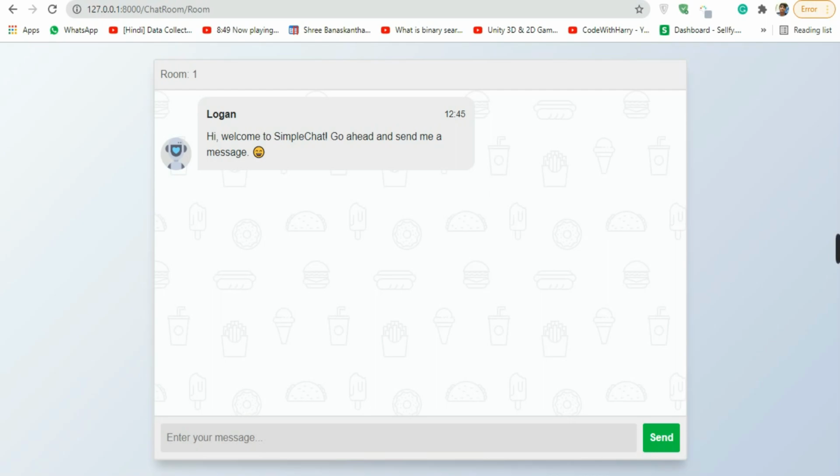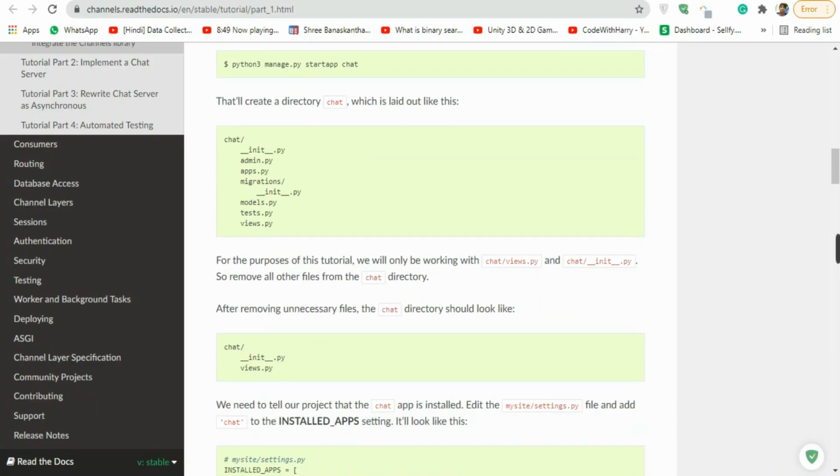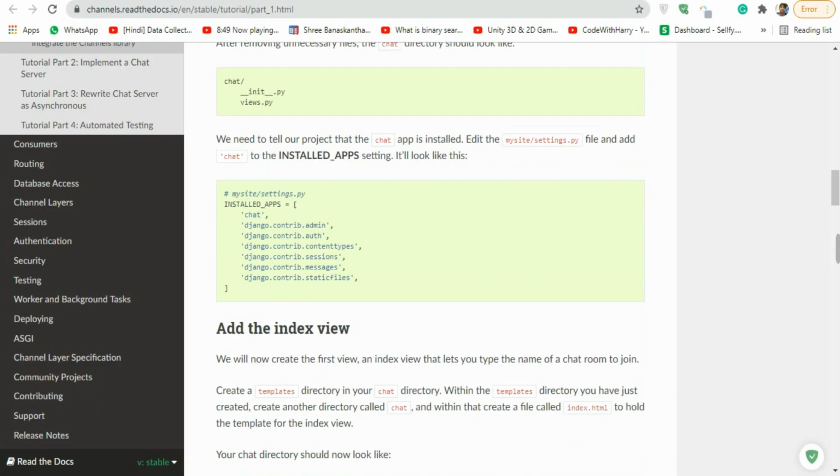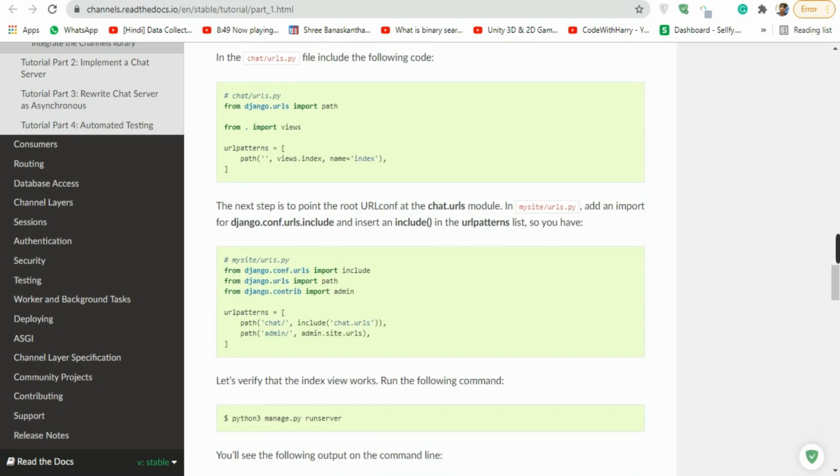Okay, so as you can see, now that we created this, we are in room 1. Again, whenever a user writes any message, first it will go in the channels, or you can say socket, and then it will be sent to all of the users which are logged into that particular room. Okay, so now that we have set up our project and created the front end part, the next thing we are gonna do is set up our WebSockets.